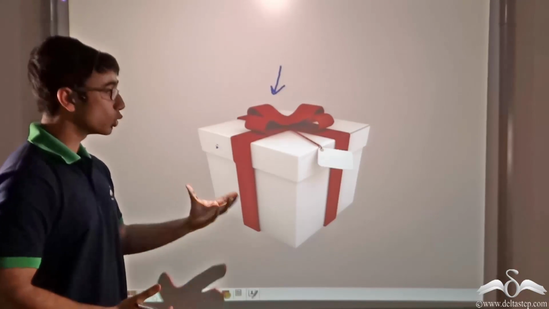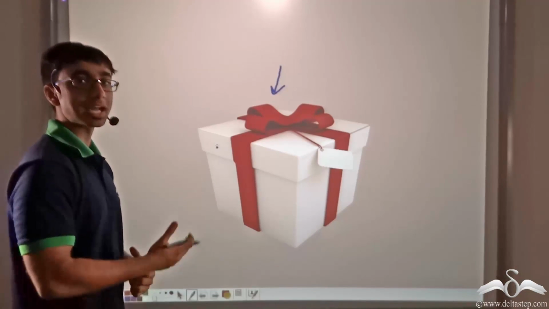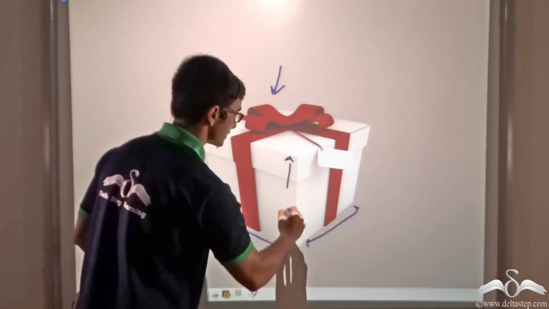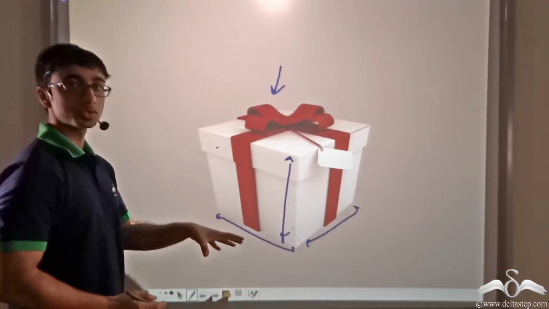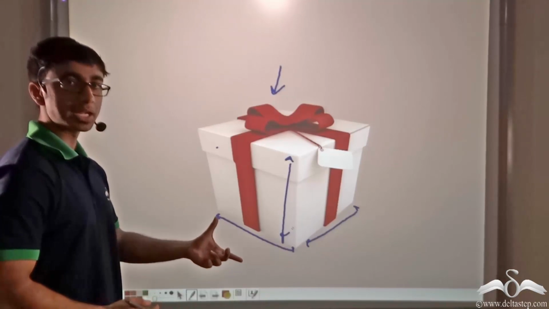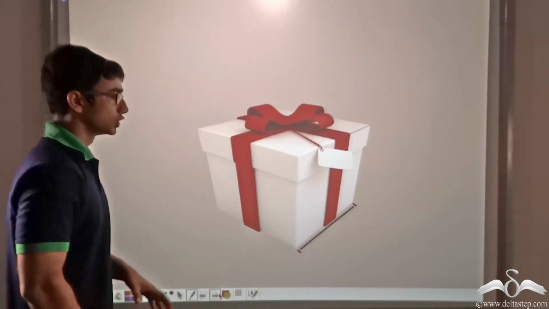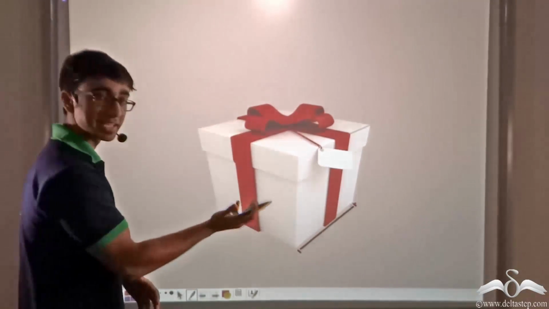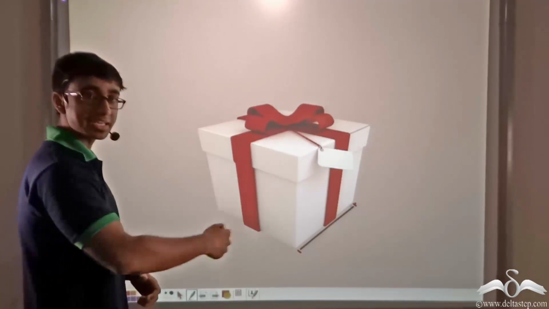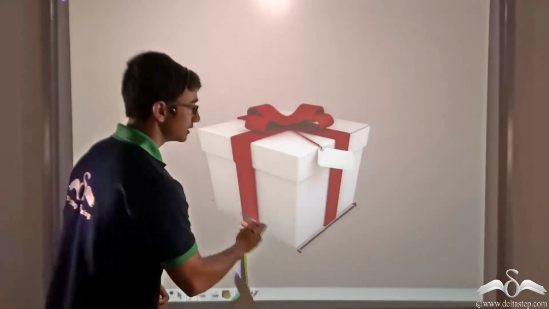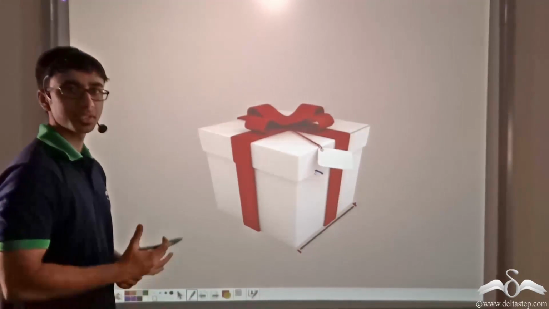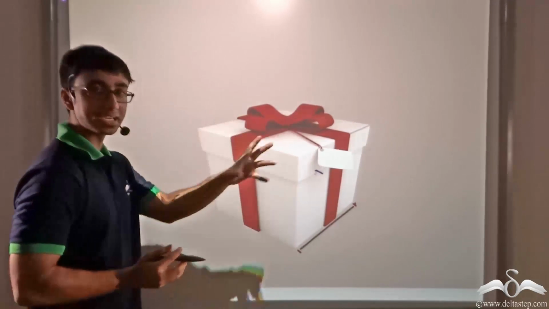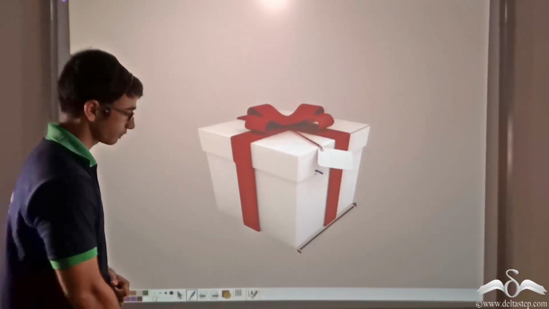And in order to make more such gift boxes, the shopkeeper would have to know its length, breadth, as well as height. So, in order to know the dimensions of the box, he would have to measure them. Let's say first he starts out by calculating the length of the base of the box. And after calculating the length, he wanted to find out the area of the base of the box. Why? Because he realized that it would be better if he covered the entire box with wrapping paper.